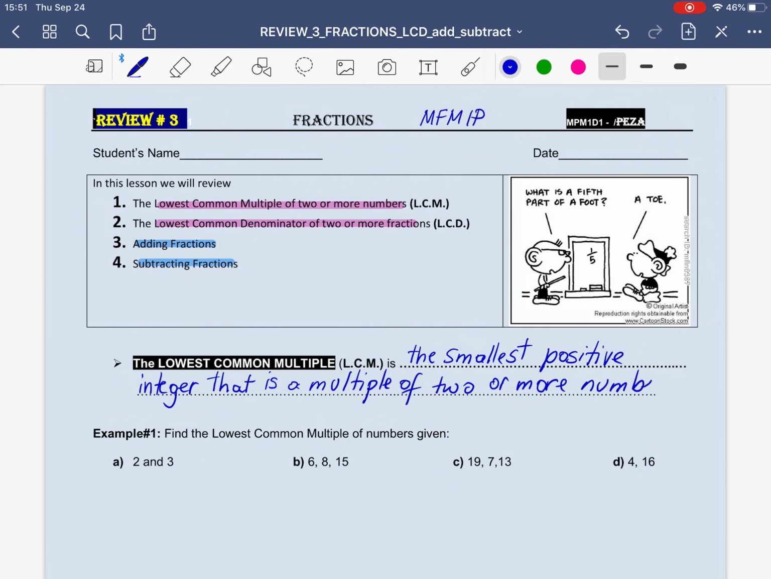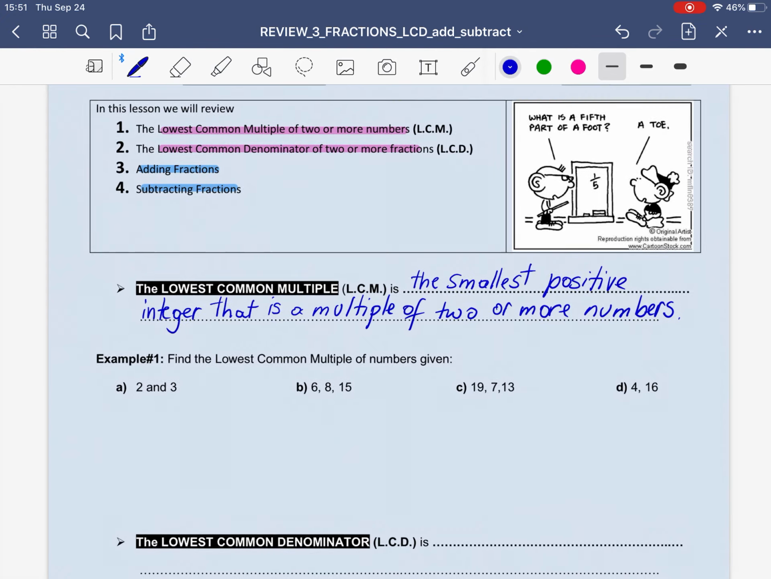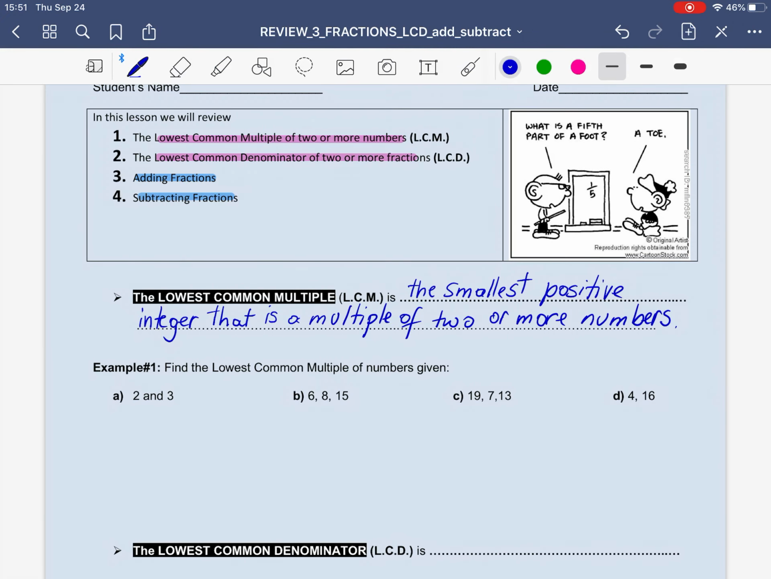Okay, so if this statement didn't make much sense to you, nothing to worry. We are going to explain it by using numbers, by using real tools. So, we're going to take as an example the numbers 2 and 3, and we'll try to find the lowest common multiple of them. We're going to start with number 2, and we're going to say that the multiples of